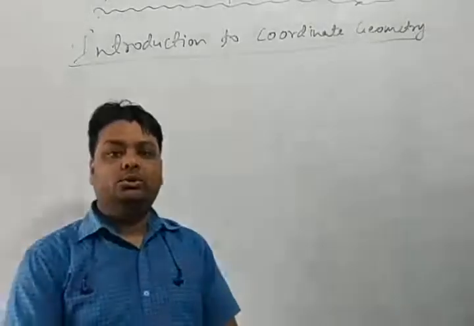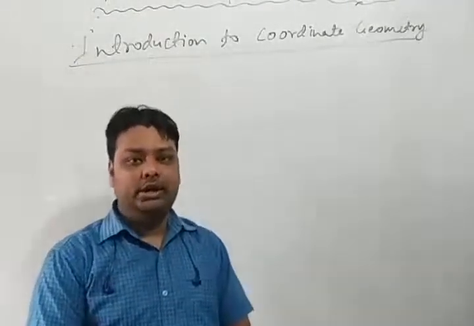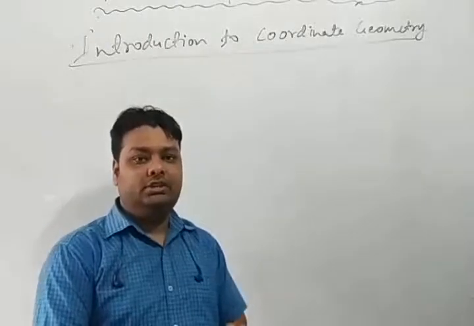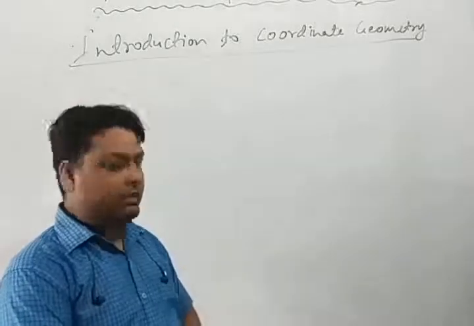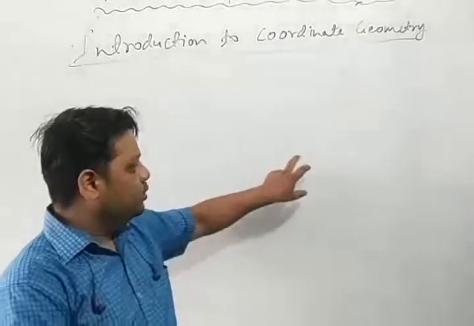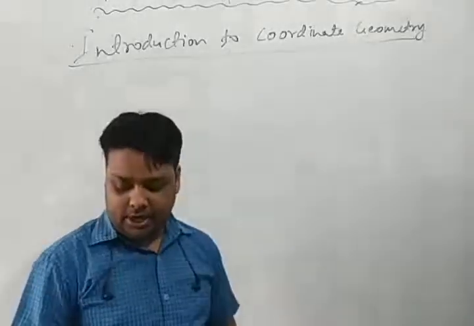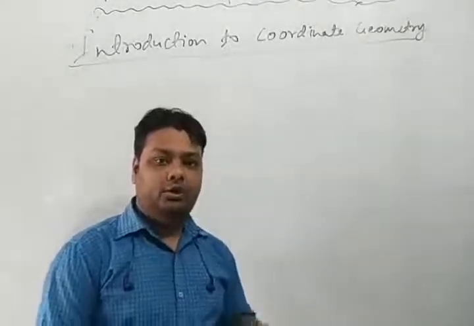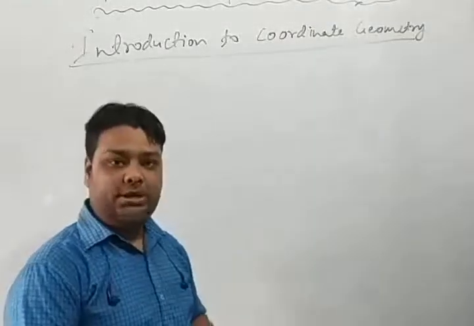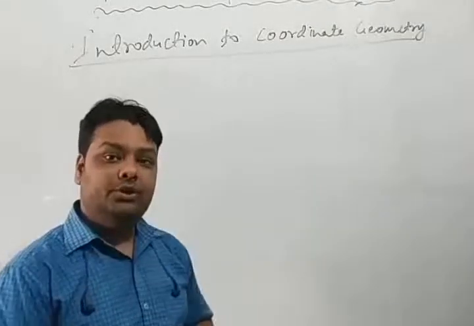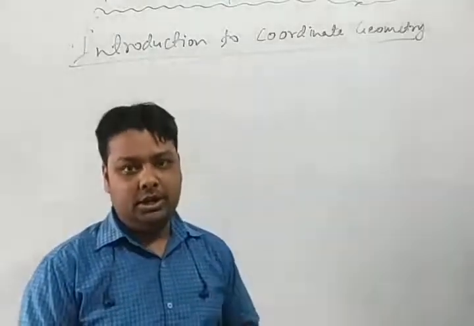Okay, dear. So today we will discuss how to find the coordinates if the question is given in the graph. In the graph, we have to find the coordinates of point A, point B, point C, point D, and how to plot the points and how to find the area of the triangle by joining all the points. Okay, dear. So let's see.